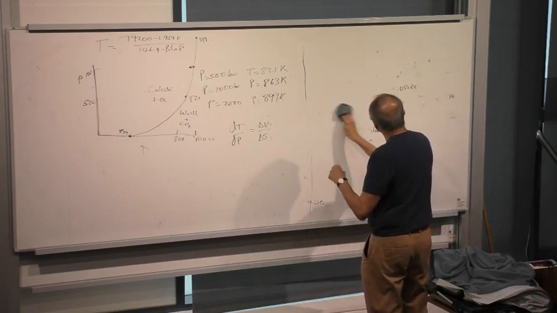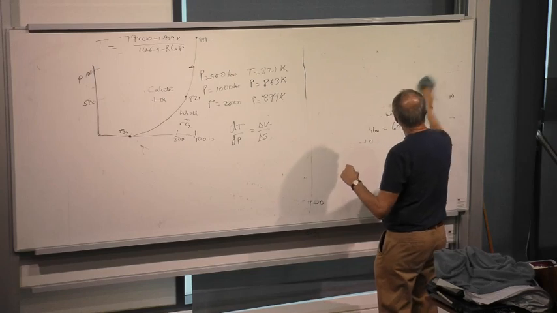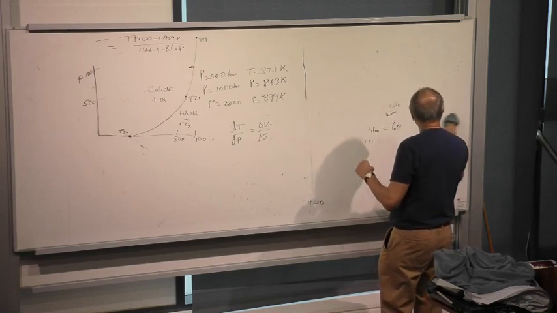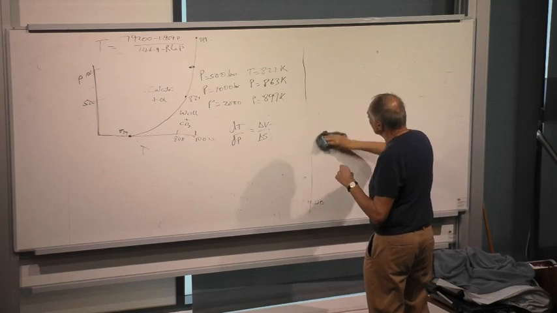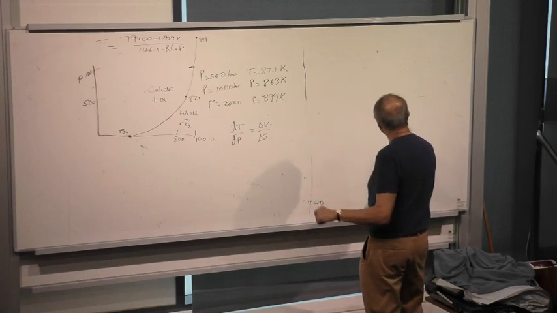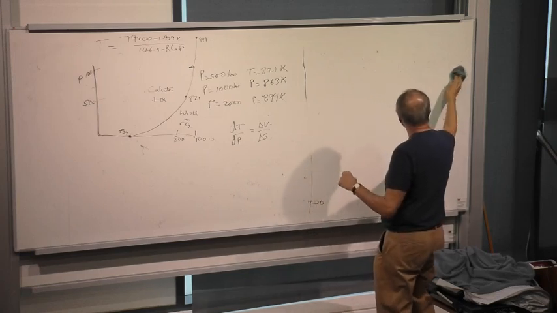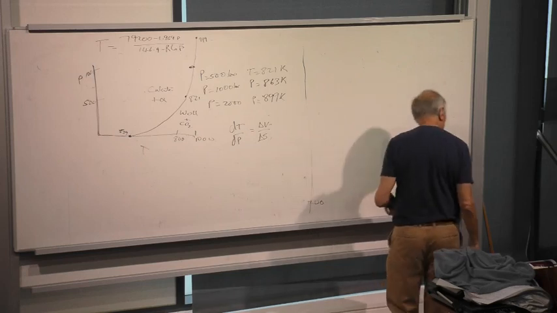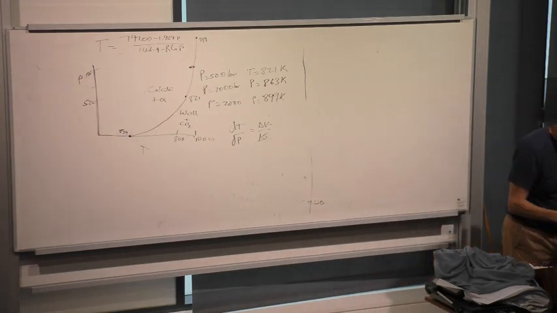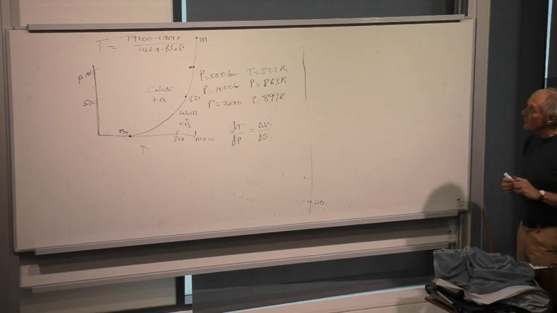So what do we do in the case of it not being a perfect gas? Because it's not a perfect gas, it doesn't obey PV equals RT. PV is something different. Close, but no banana. It's not quite close enough. So what we do in the case of imperfect gases,